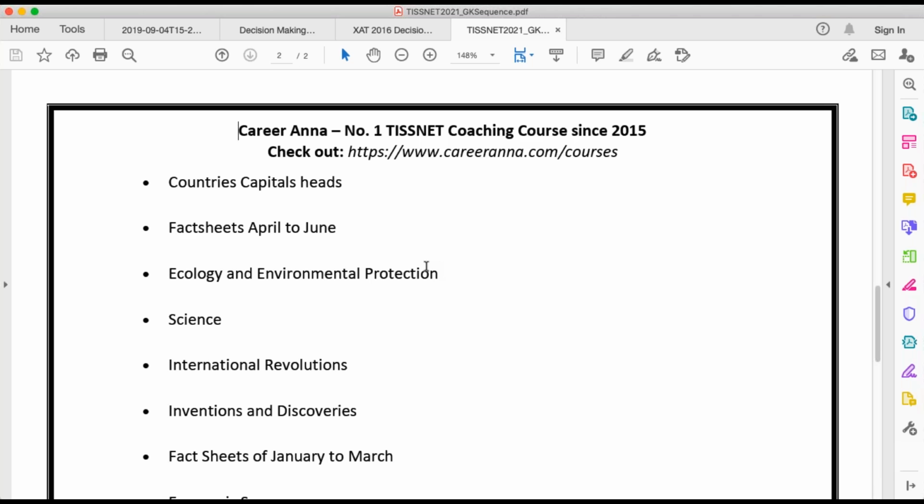Not all treaties and conventions, Anamika. As I said, only the treaties and conventions where India is a part of. Anything where India is a part becomes important. But if a treaty is being signed between the US and China, you don't need to remember that. But if any treaty is being signed between India and China, at least know the name of the treaty and what it is for.